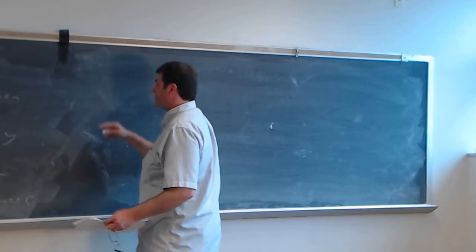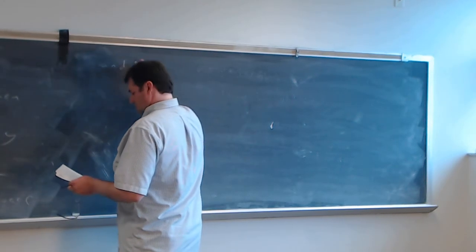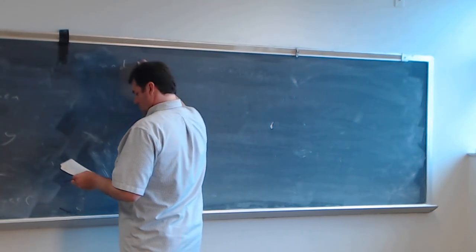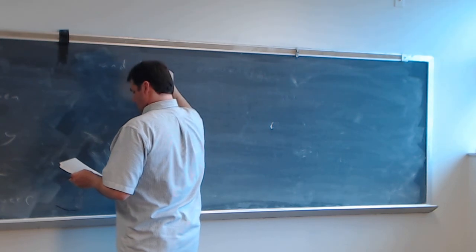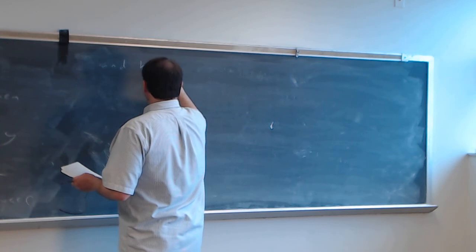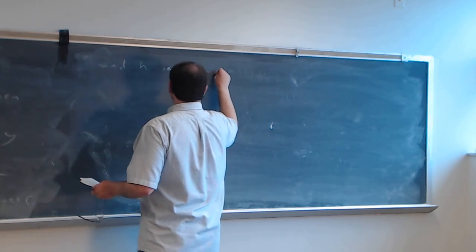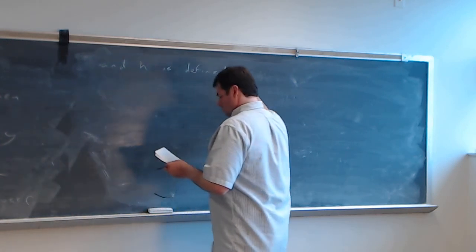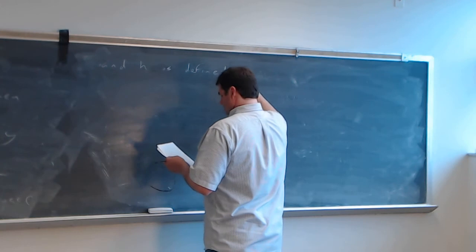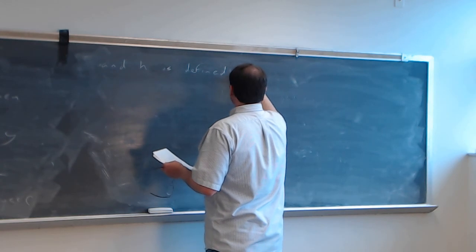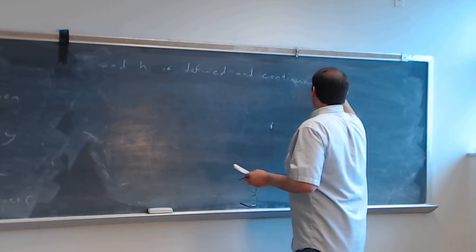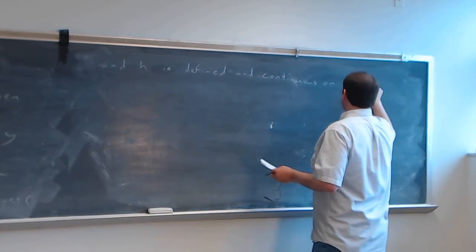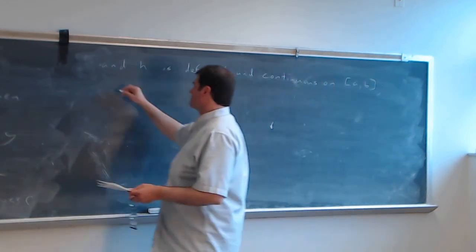So we've got this A to B is compact, and h is defined and continues on this compact set A to B, then